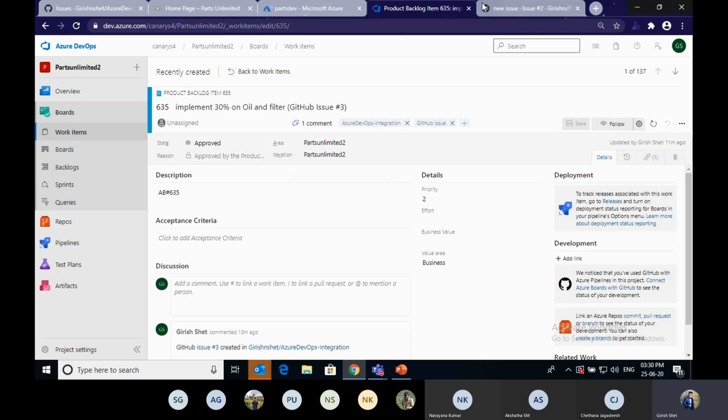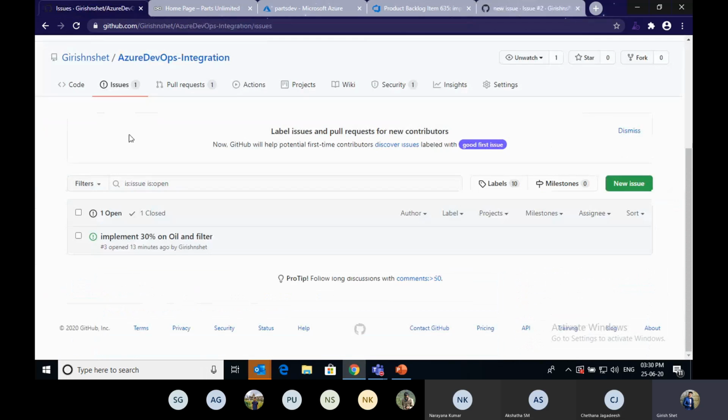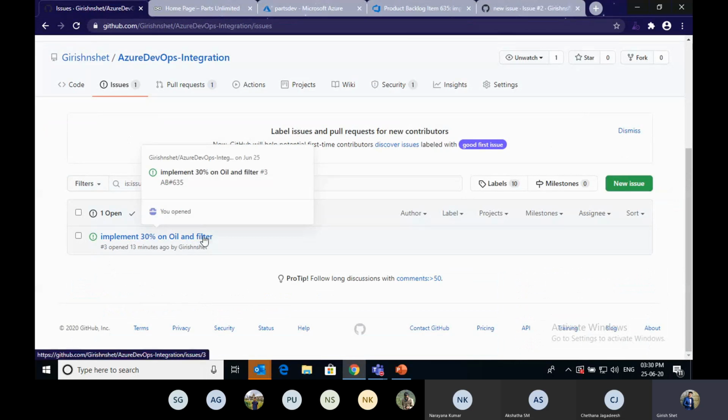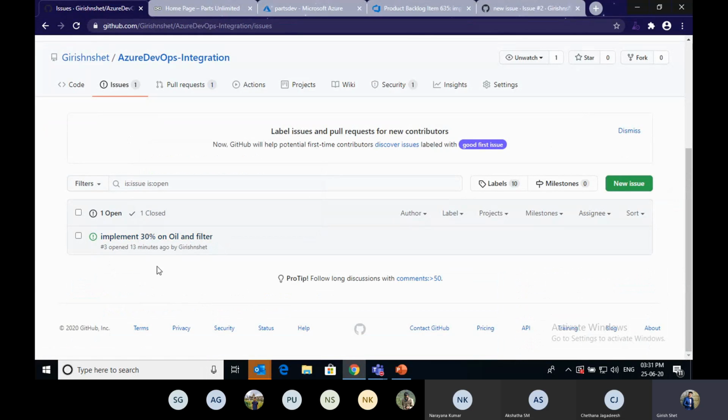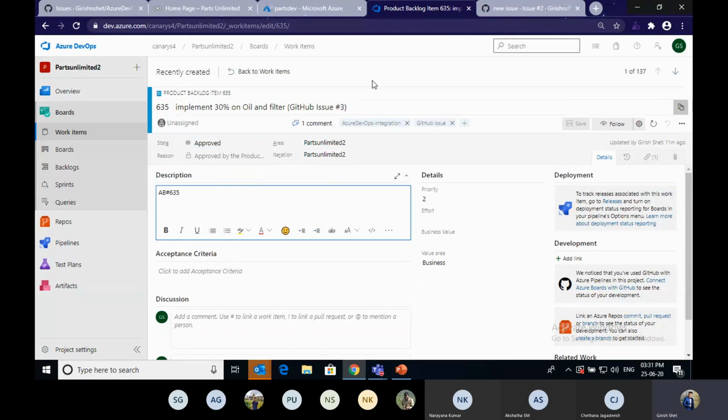If I close this issue, that is, implement 30% on oil and filter, then automatically this work item, which is in approved state, will get closed into done state here. Now I will show that one.